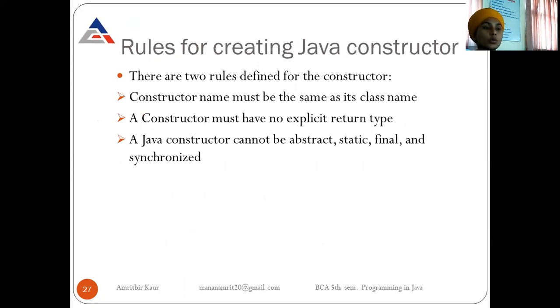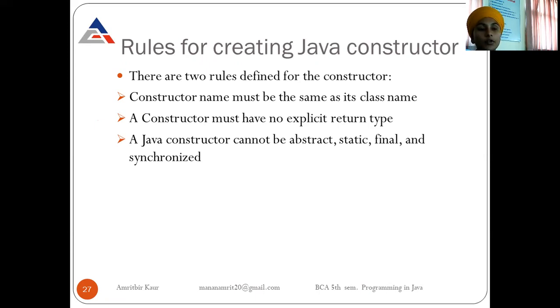So there are some rules for creating a Java constructor. The constructor name must be the same as its class name. In whichever class we are going to write a constructor, the name of the constructor and the class will be the same. There will be no return type. For example, our class is Test and we want to write a constructor.